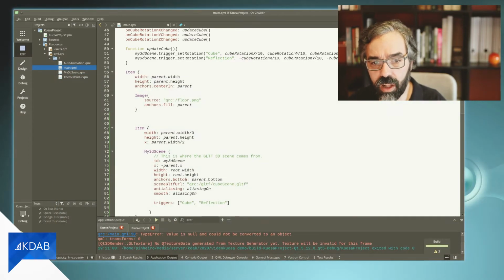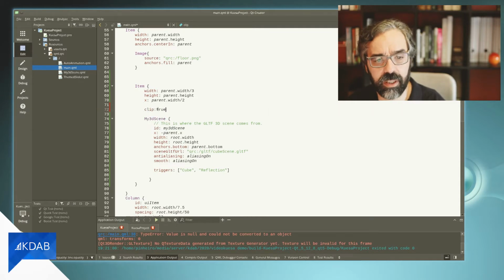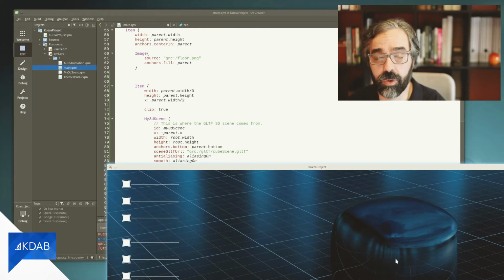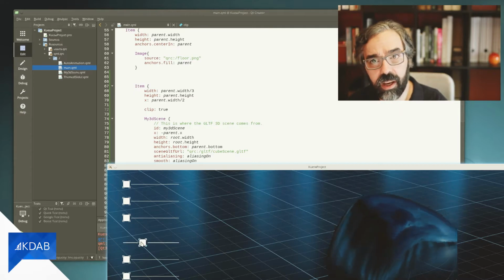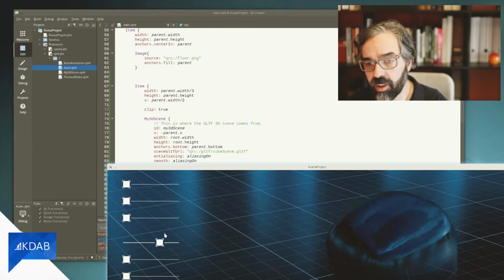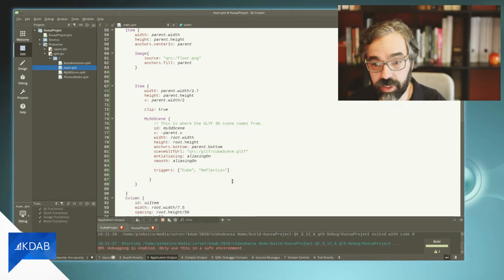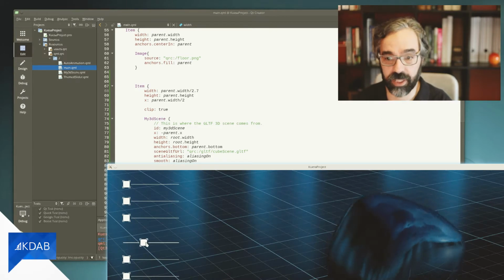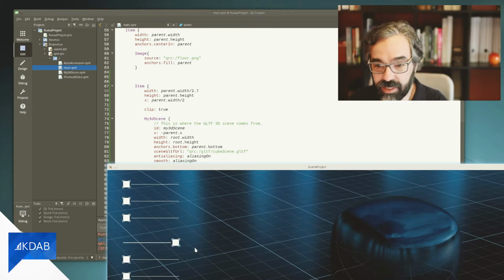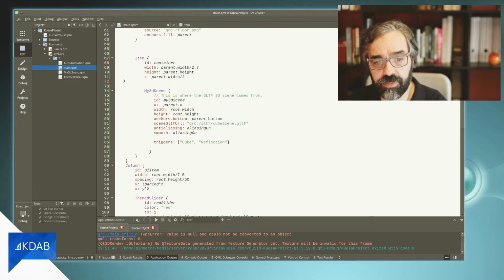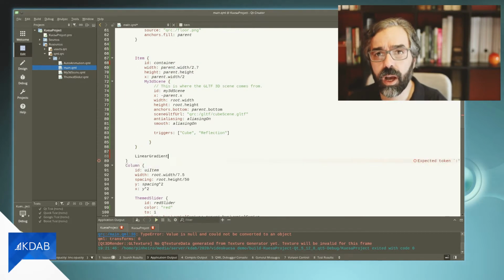Now, just to be sure, I'll set the clip to true to see if I'm not clipping it. And indeed, I am clipping. This would be an issue when using the Qt graphical effects. And here I'm just displaying that indeed the clipping is on. So I'll just adjust very quickly the size of our container in order to not clip it. And as you can see, now it's not being clipped. Next, first thing that we're going to do is give an ID to the container. And finally, we're going to start doing our masking.